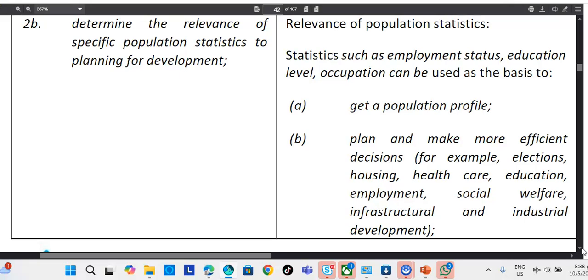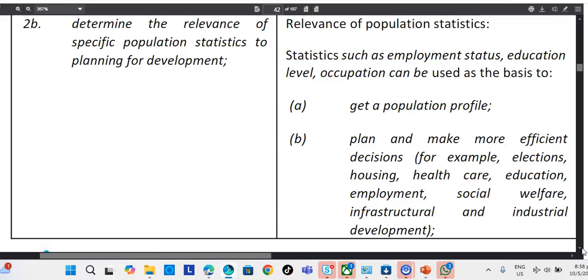For example, when it comes to elections, as I said before, those in your household who have reached the age of 18 years old are ready to vote. We need to know what some of the things are that political parties can speak about in their manifestos in terms of housing, occupation, education. We need to know about housing,